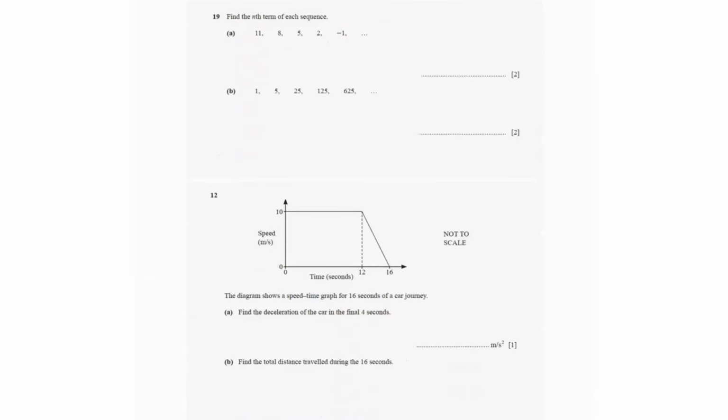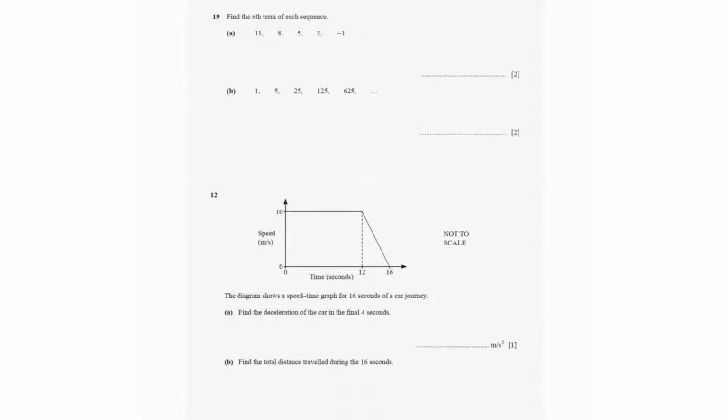Then we have sequences. For sequences, you need to see what is the common difference. Is the first difference common? If not, is the second difference common? If the first difference is common, that means a linear sequence. If the second difference is common, it's a quadratic sequence. If nothing is common and it's coming out as an exponent, then it's an exponential sequence, which is like over